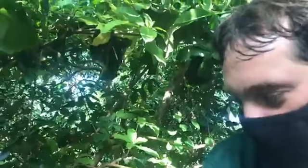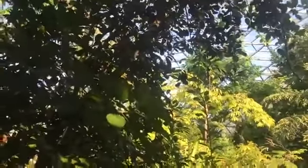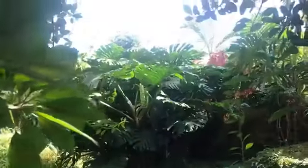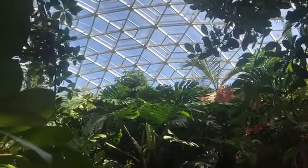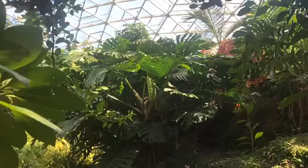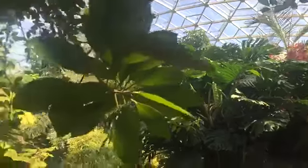So we're changing your view a little bit, taking you up to just about the highest point that you can be here in the Climatron. So right now we're just about on top of the big waterfall. And you can see this really sizable monstera here. And that's where it's planted. And as you're walking through, you can see this from the lower level, draping off the side of the cliff. And if we can walk over there,